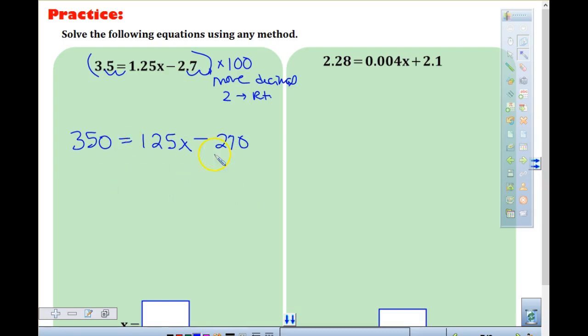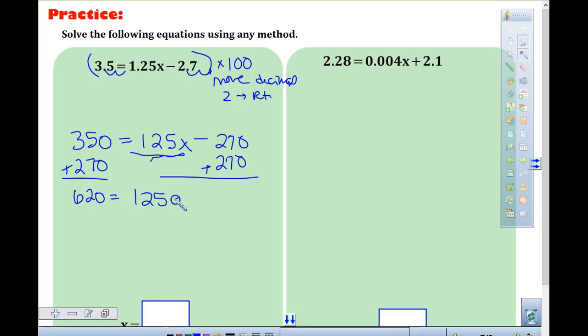Sam, I need to get 125x by itself. What would you do? I want to get this variable part all by itself. Not yet. I've got to get rid of this minus 270. We're going to add 270 on both sides. So on your calculators, you're going to add 270 and 350, right? When you added those together, Patrick, what did you end up with? 620